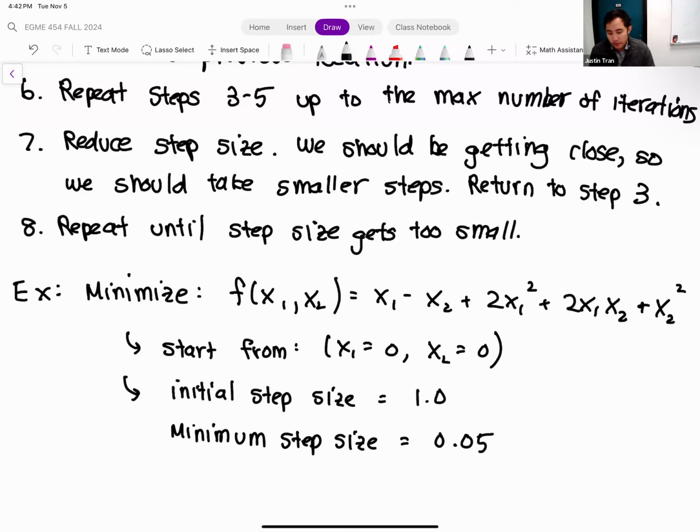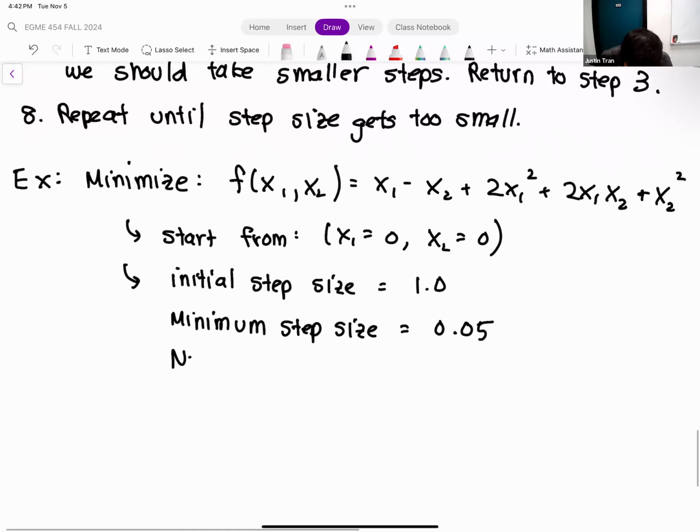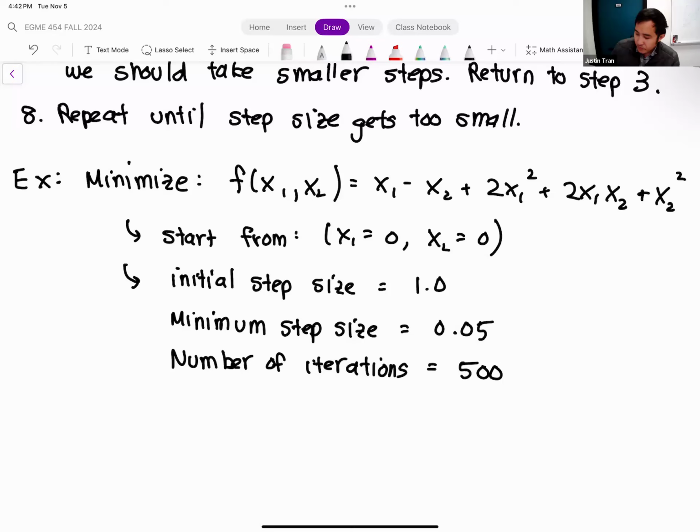So once the step size falls below that, then we're going to stop the algorithm. And then the number of iterations, let's set that equal to 500.